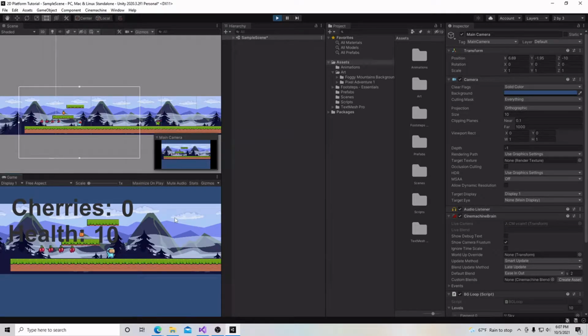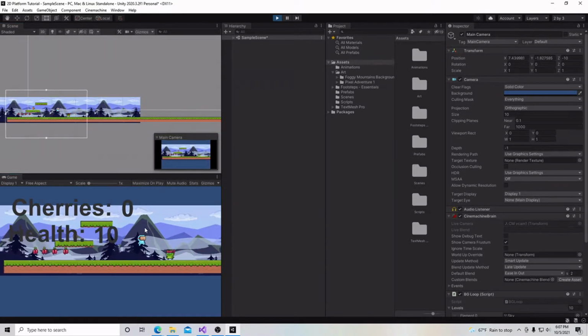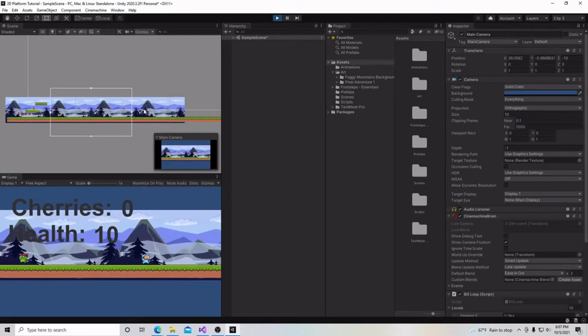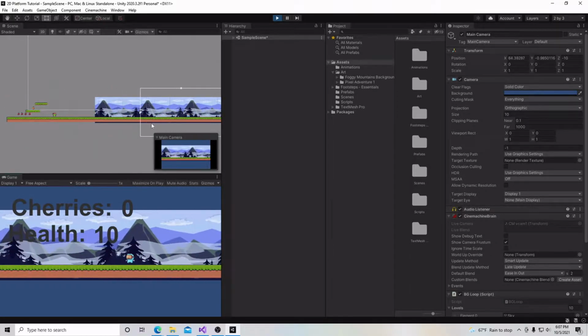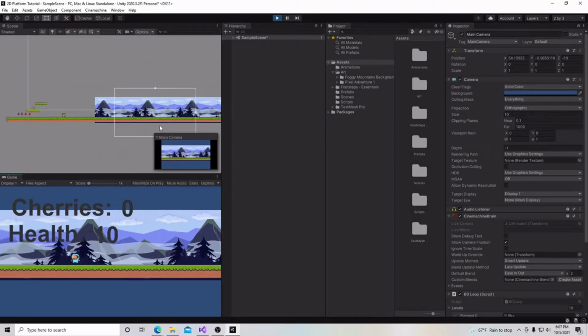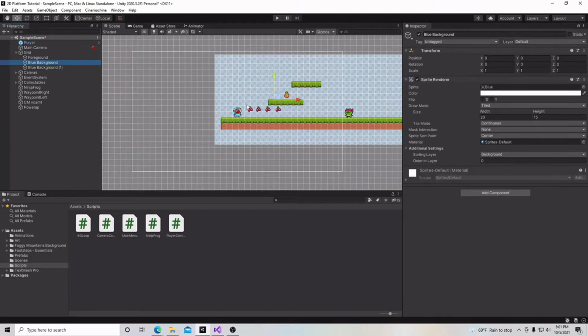Hello, and welcome to my tutorial series on how to make a 2D platformer in Unity. In this video, we're going to learn how to make a nice scrolling background that will move along with our character. Let's begin. So to get started, we're first going to get rid of our blue backgrounds here, which I was